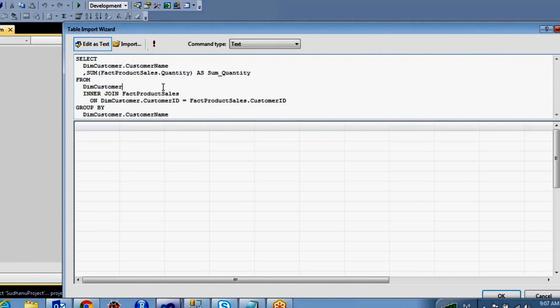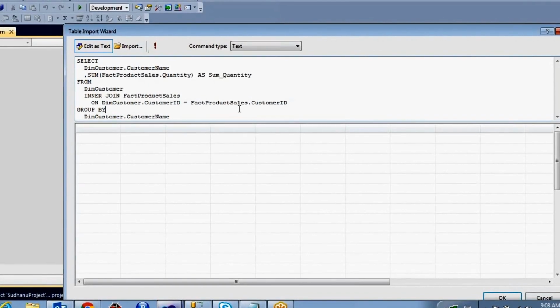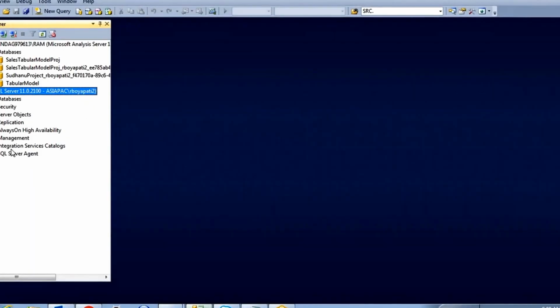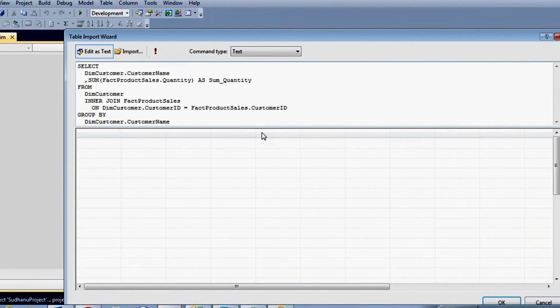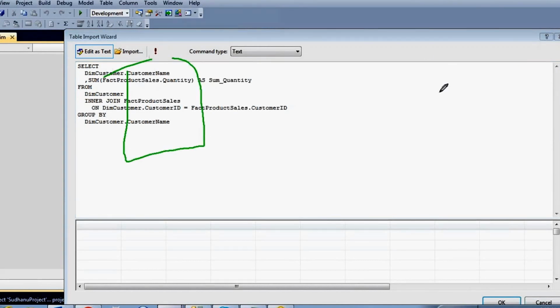So this is the generated query over here, and the relationship between those tables, it will automatically detect if there is a relationship between the fact table and the dimension table you have here. For example, see here, this dim customer and fact product sales both have a relationship. What column do they have the relationship on? Customer ID and this customer ID. And it is doing the group by customer name. If you don't have the relationships properly at your source level, it doesn't make this relationship here. I already have the relationships between all the dimension tables and the fact table. This is one dimension table.